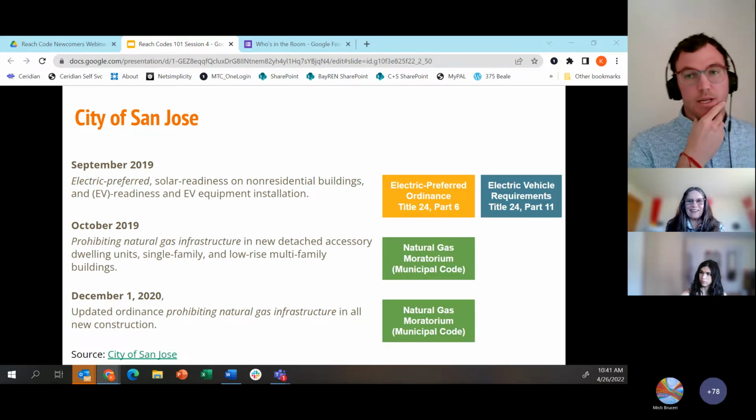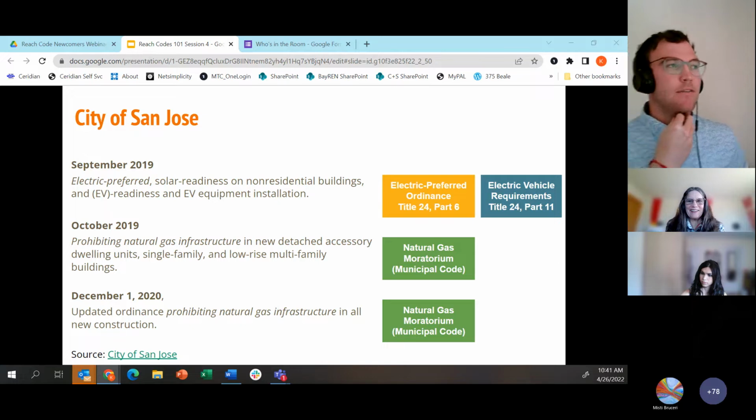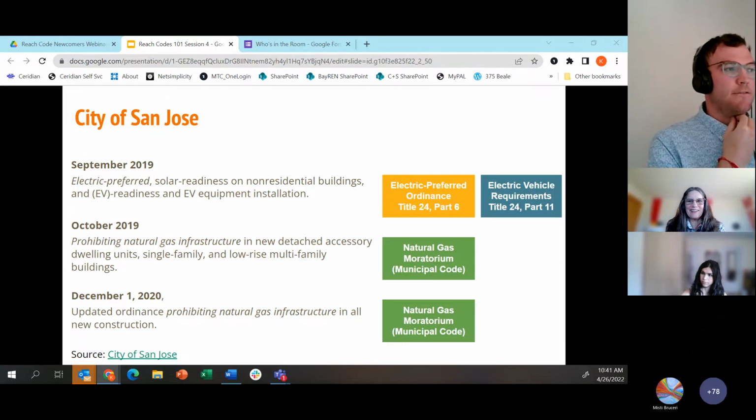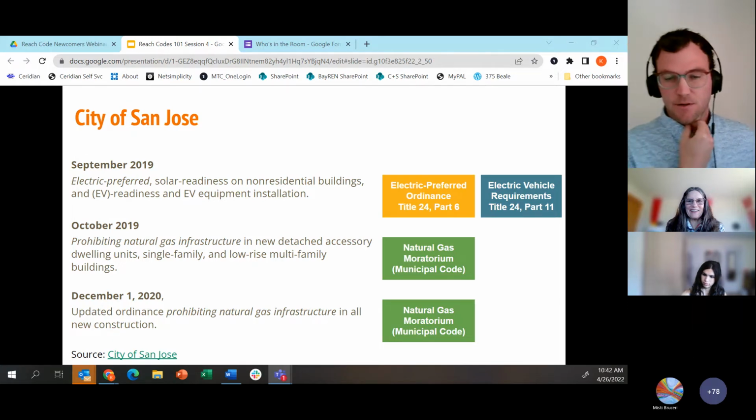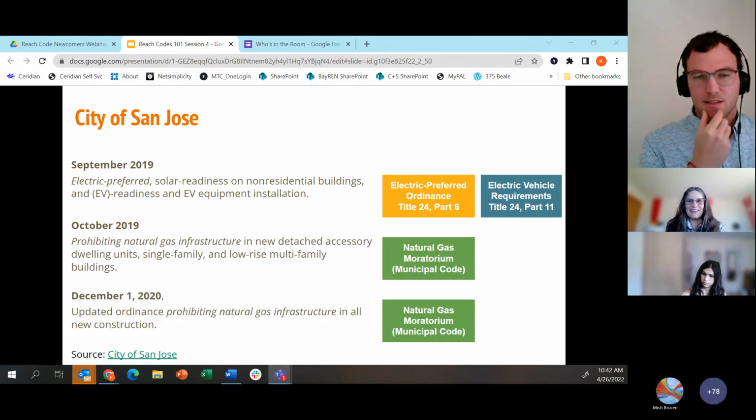But I think really a takeaway example, given that 56 jurisdictions have done this, so there are 56 different stories and at least 56 different ways that this has transpired.